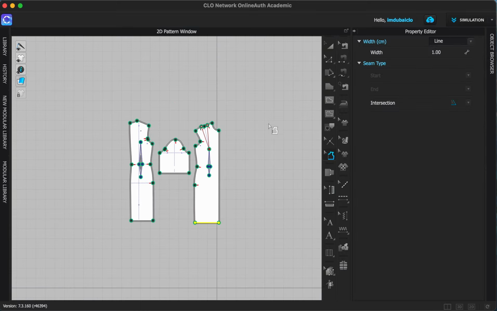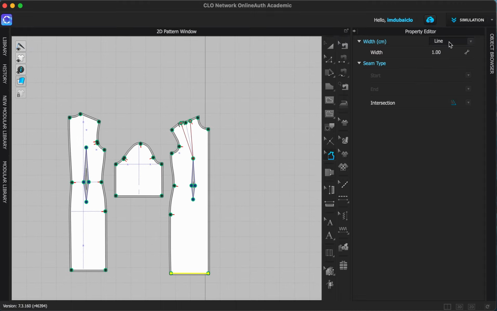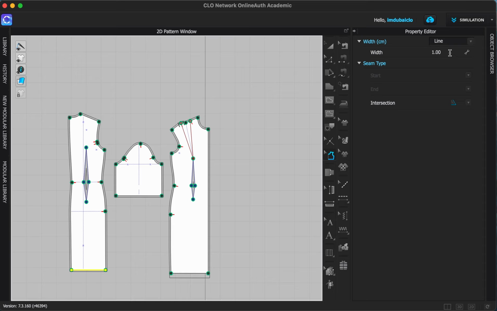What you need to do is go into your property editor, and if you're in the seam allowance tool and you click on that, you will have the option of changing this measurement to whatever you want. I'm just going to do 3 centimeters for my hem here. And then what about my center front? So I don't want to have any seam allowance here. You cannot change it here to 0, that won't work, but you can select it and then just press delete